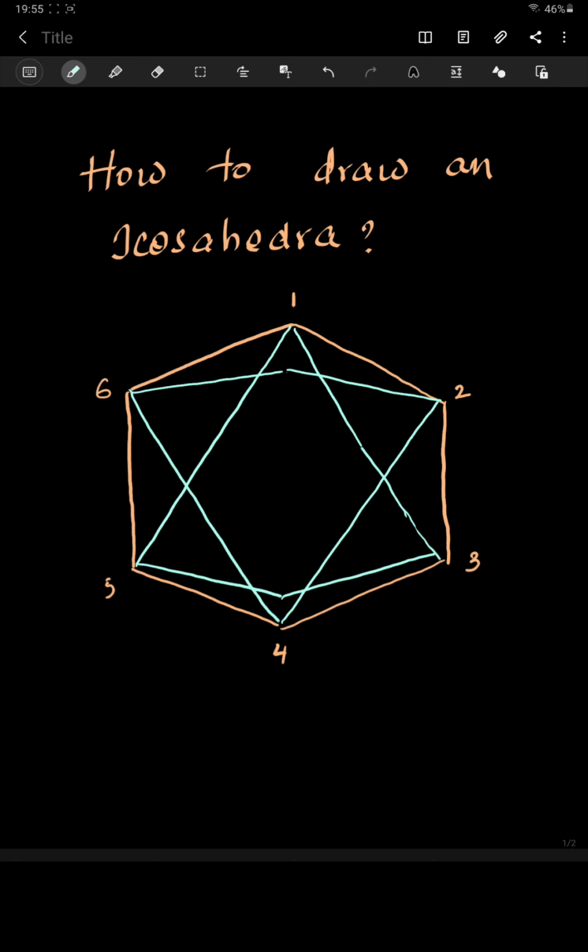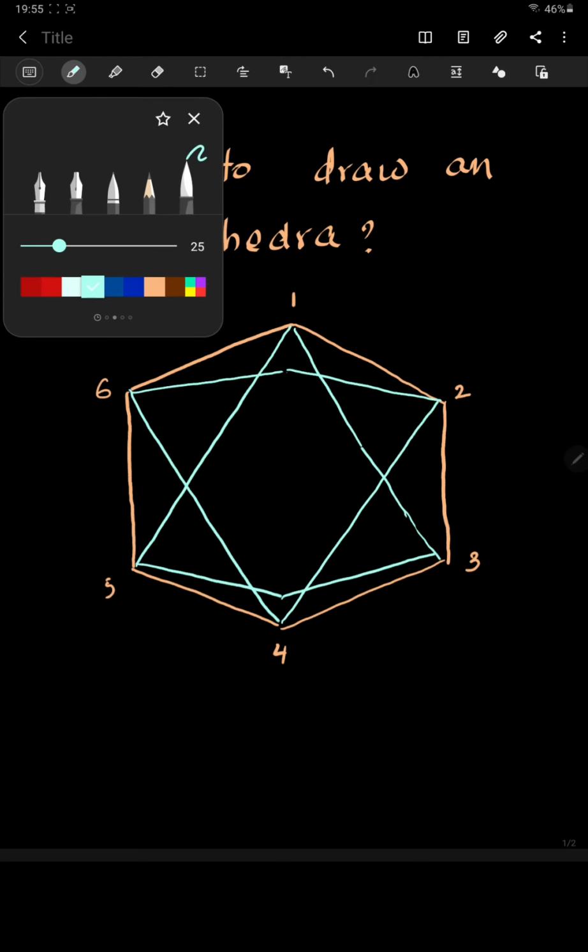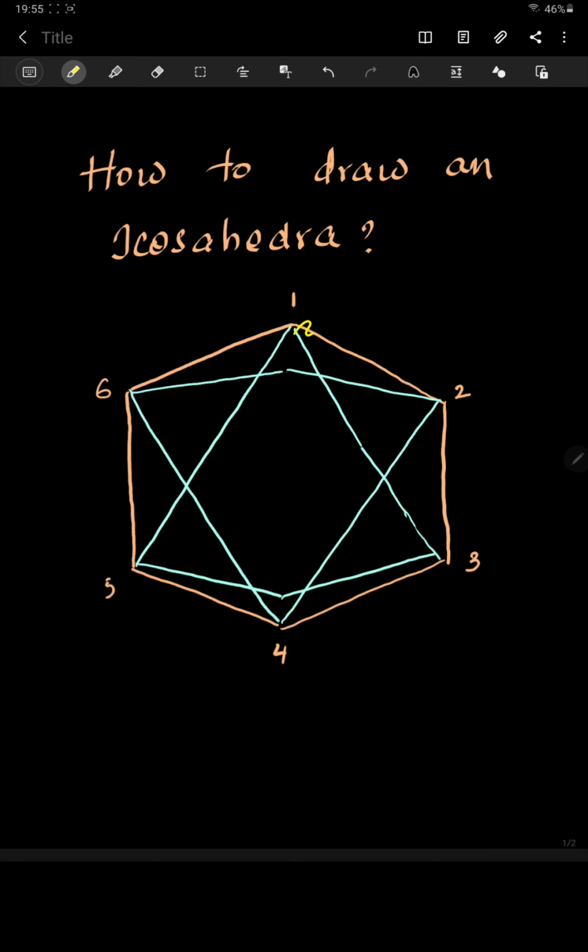So the approach is very simple. We have started from a hexagon, then we have constructed 2 triangles with one side bent. Within these 2 triangles, we are just going to construct 2 more triangles. Let's construct 2 more triangles now. Well, these 3 will construct one. This should give one more triangle. Let's join them.